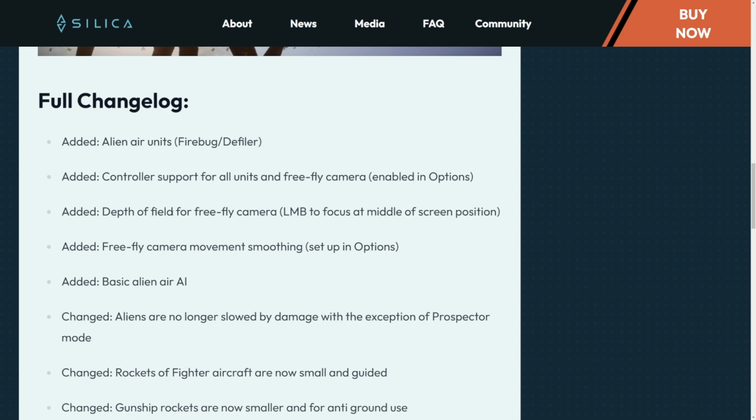We're going to be going live on Sunday with Silica Sundays at 7 PM UK time. You can join in for some PvP action. We're going to be doing some trading in a real-time economy scenario for commanders for the air units on both alien and human. So you guys get to have a little play around with that in a strategy scenario before it gets